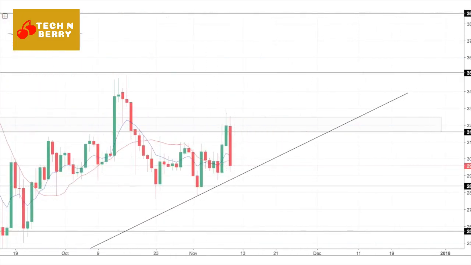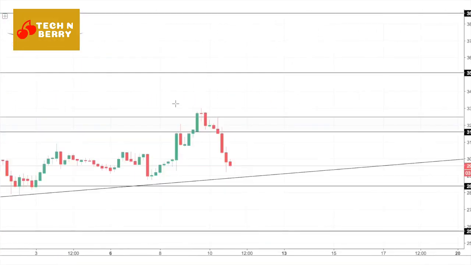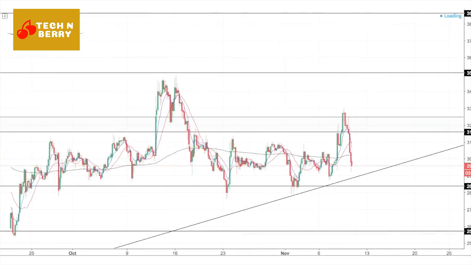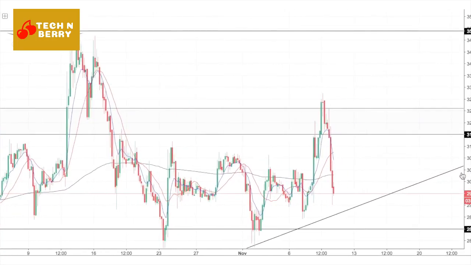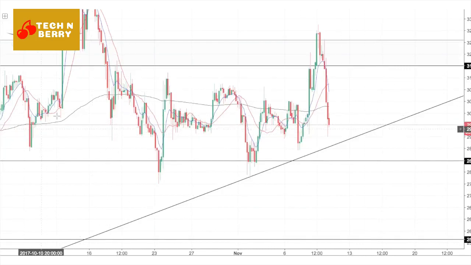Now if you like, you can go to the 4-hour chart just to get a bit of an understanding of what is going on. Now as you can see, the 200 EMA has been holding as resistance for an extended period of time. Now all this tells me is after loads of false breaks, we've finally broken above. We've hit the next region of resistance, we've pulled back down, and just like we've falsely broken out here,